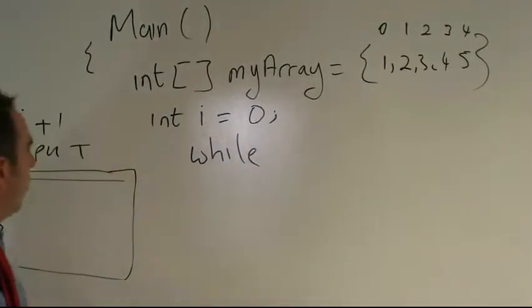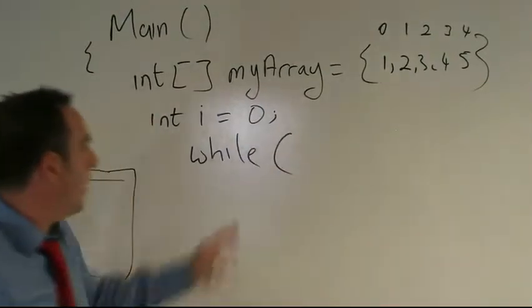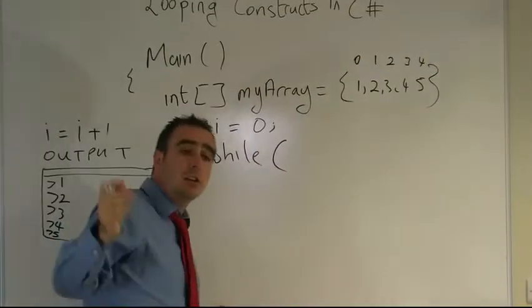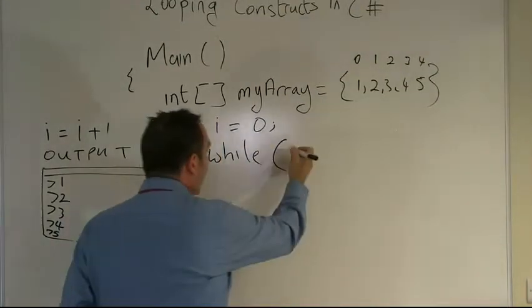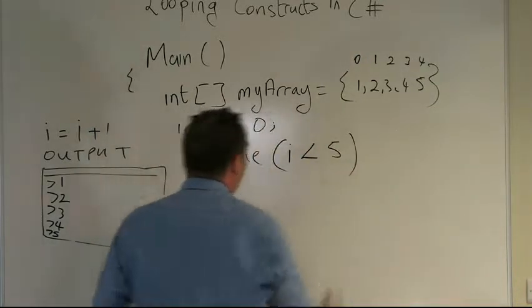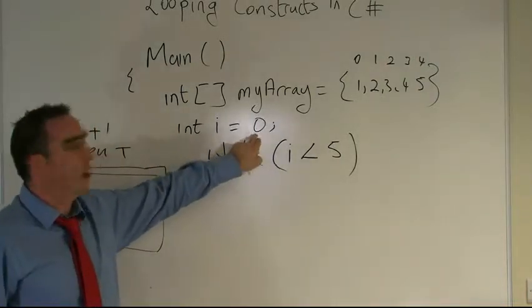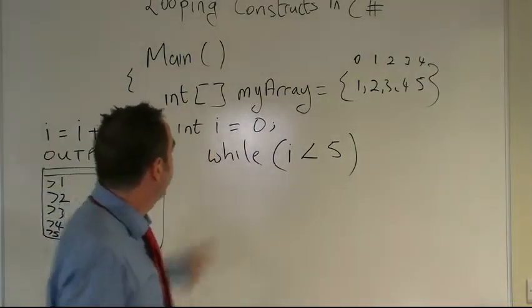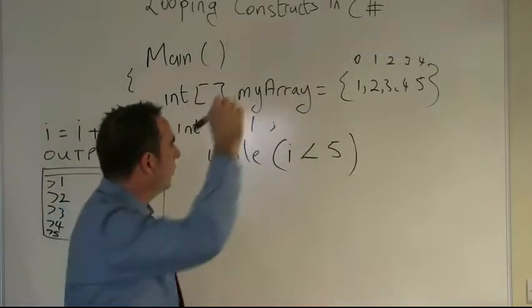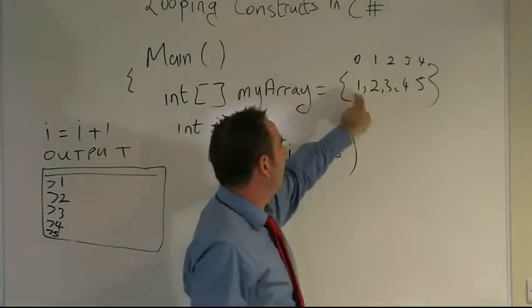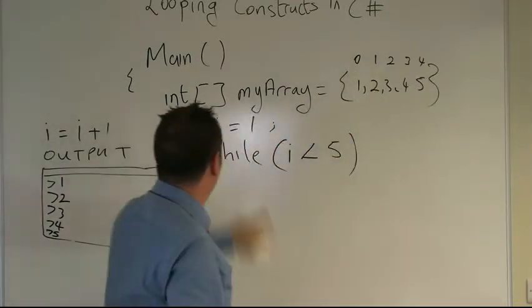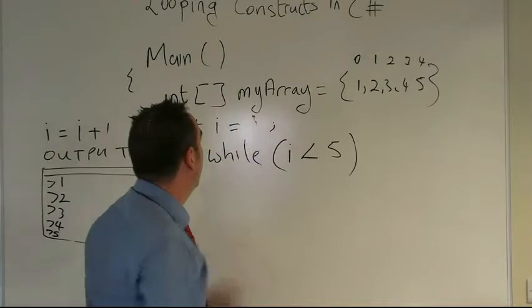So you can see there, the keyword while, we open up our bracket, and within our bracket we put our condition, okay? And it's going to be the same as the condition that we had in the initial for loop. While I is less than 5, okay? Very important that we initialize I to 0, okay? What would happen if we initialized I to 1 here? We're going to miss printing out our first element in our array. The index always starts at 0, so we must initialize I to 0 if we want to